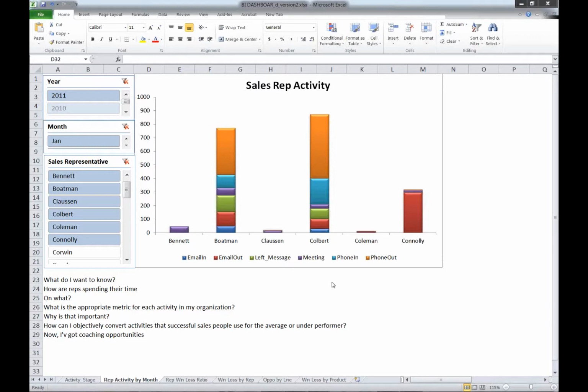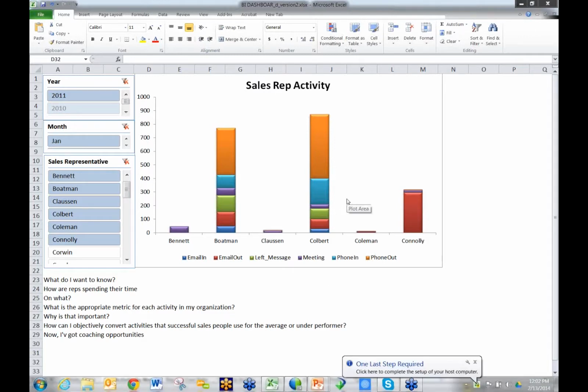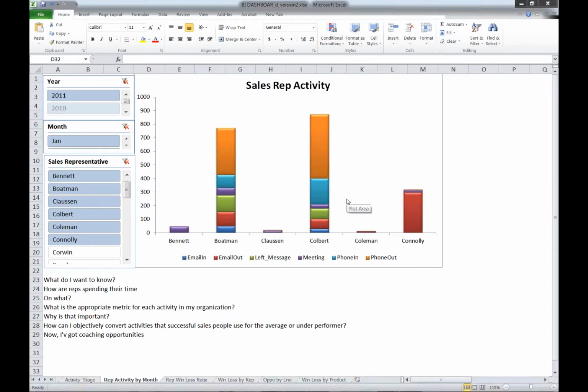So what we've done is build this, currently in Excel, and it's also interactive. We're able to tie into the data in CRM, and it can update live. For example, we're looking at one view where we can monitor sales rep activity. Across the bottom is the name of each sales rep, and what we're looking at is what they've done in a given period of time. For example, with Mr. Boatman, we can see that he has made